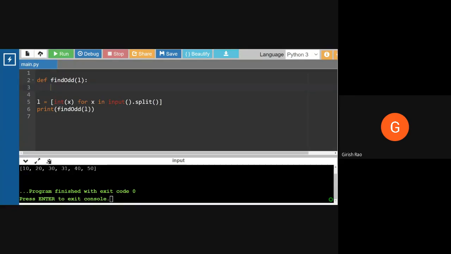So this was very, very simple. What I told you was the moment you find the first odd number, you should return it. And you did the same by returning that particular value. The moment you said that this was not equal to 0, you shouldn't print it, you should return it. Instead of break, you say return that particular value, and it should be printed outside the function, like this.